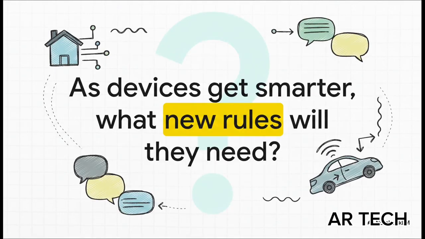And that kind of leaves us with a final thought to chew on. As we get deeper into an age of smart homes, self-driving cars, and, well, an internet of everything, all these new devices are going to need to talk to each other in way more complicated ways. So the question is, what new rules will they have to learn? What do the protocols of the future even look like? That's a conversation